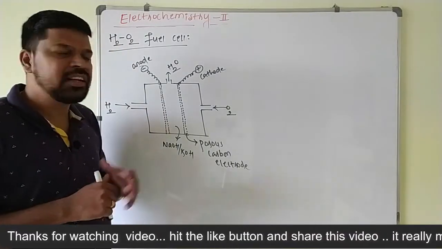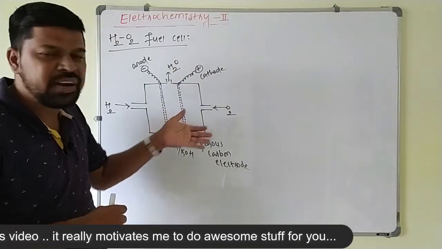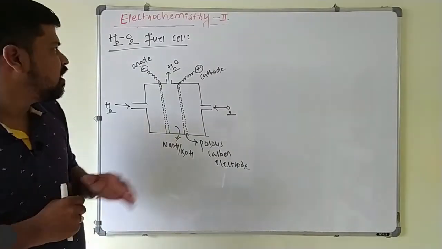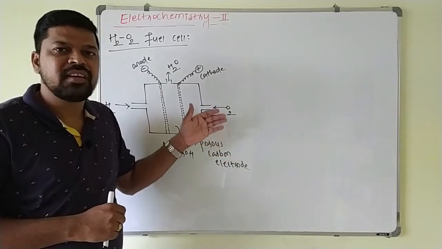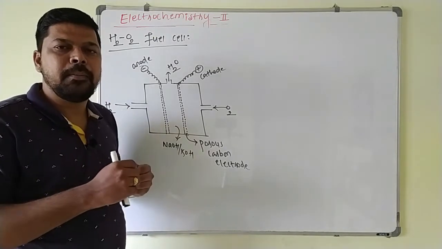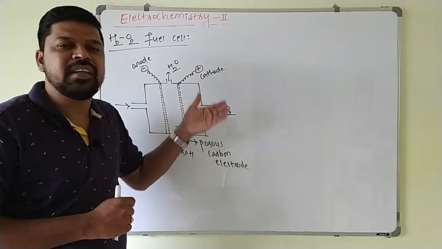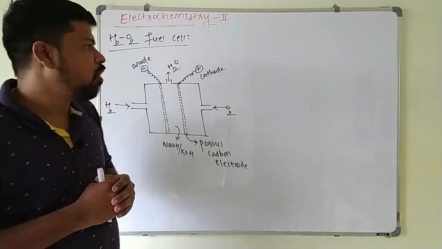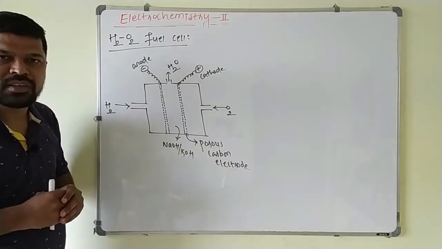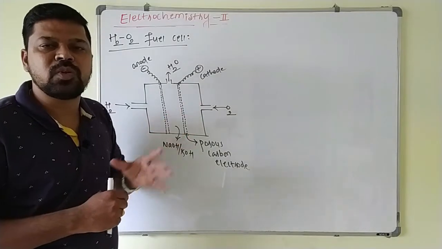So we have an advantage here: a galvanic cell converts chemical energy into electrical energy, and we can use these galvanic cells to produce electricity instead of thermal power plants. That is the advantage of galvanic cells over power plants, because a galvanic cell can produce electricity with a maximum efficiency of 70%. So the efficiency of galvanic cells is higher, and they are highly efficient compared to thermal power plants. In a galvanic cell, if the reactants are continuously fed into the electrodes and the products are continuously removed, the cell can be used as a continuous source of electricity.